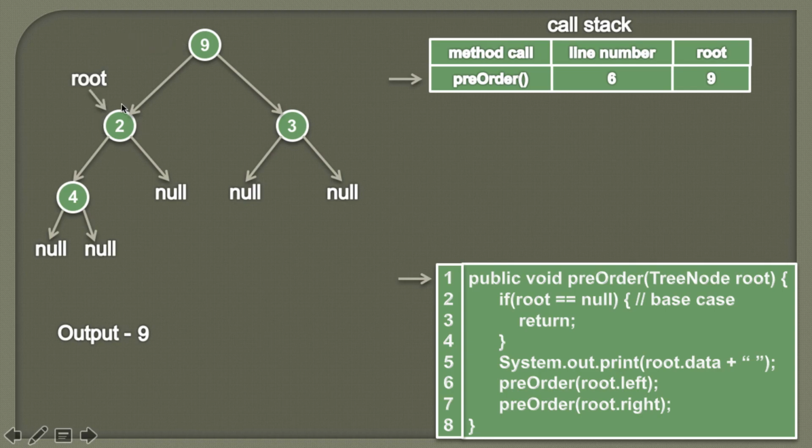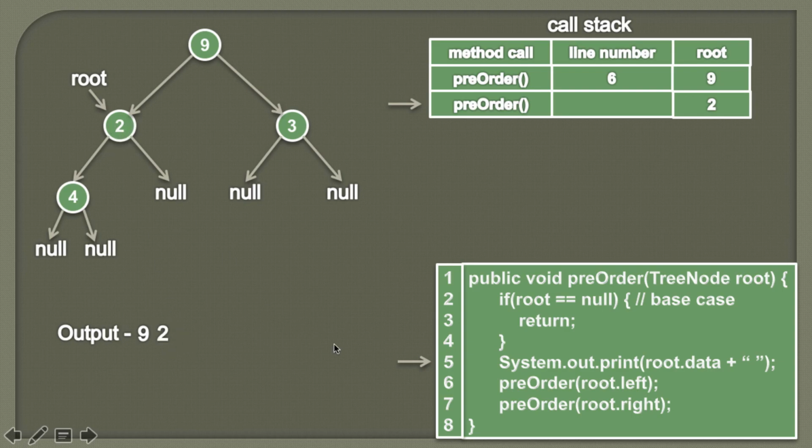So now root will be the node 2. And here pre-order is again called with root as node 2. So now we are again executing pre-order with root as 2. So we'll check whether root is equal to null or not. So currently root is not equal to null. So as we discussed in our previous slide, once we reach the left subtree, we process this node, and then we go to its left subtree and then to its right subtree. So now we are processing the node 2. So the output would be 2 because we are just printing the data part of it. Moving ahead.